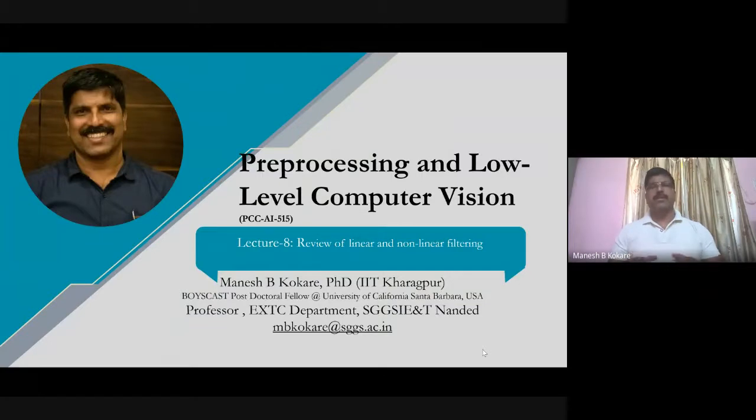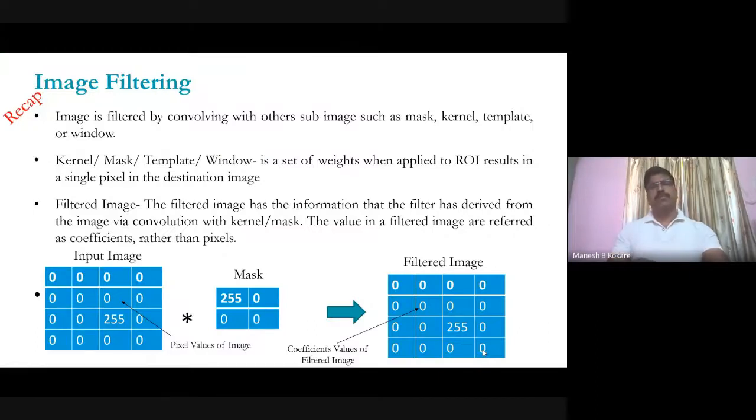And in this lecture, we'll be talking about the review of linear and nonlinear filtering, which will be used for pre-processing or basically in early computer vision or low-level computer vision. Yesterday, we talked about what kind of low-level processing in computer vision is done, like for example processing on pixels themselves, then, if gamma correction is required, you have to do the gamma correction.